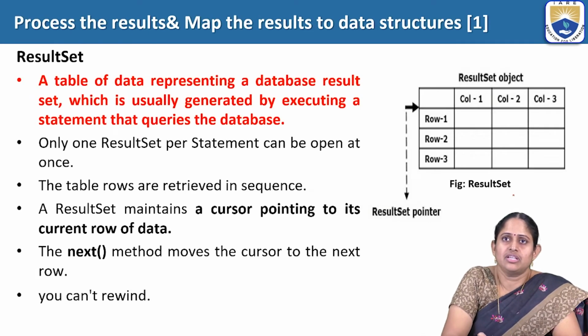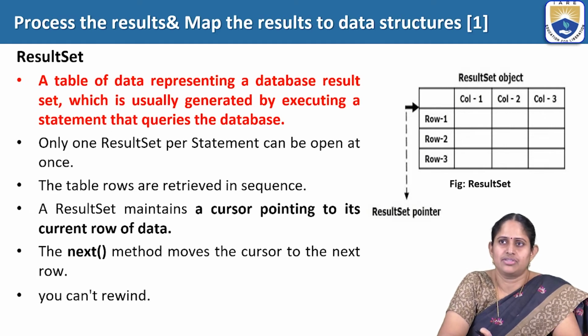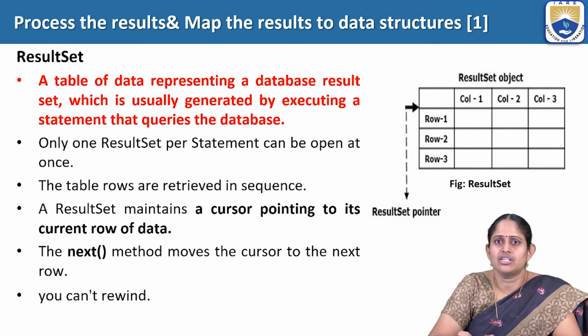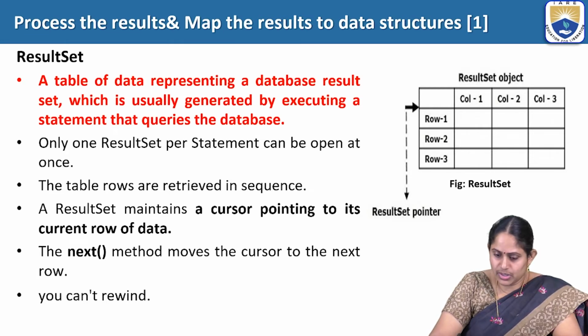Next is the processing of results and mapping the result to a data structure. A ResultSet is a table of data representing the database result, which is usually generated by executing a statement that queries the database. Only one ResultSet per statement can be open at a time. The table rows are retrieved in sequence. A ResultSet maintains a cursor pointing to its current row of data. The next method moves the cursor to the next row. And you cannot rewind